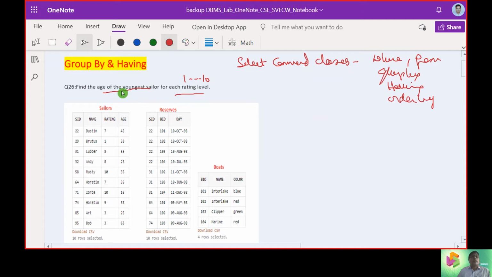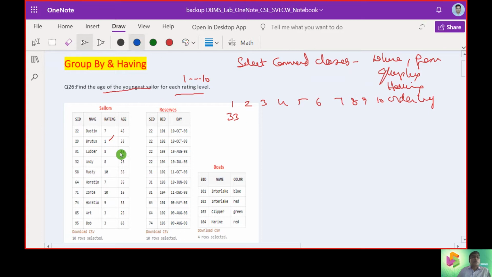So now find the age of the youngest sailor at each rating level. I will just write down 1, 2, 3, 4, 5, 6, 7, 8, 9, and 10. Now we can see rating 1, age 33.